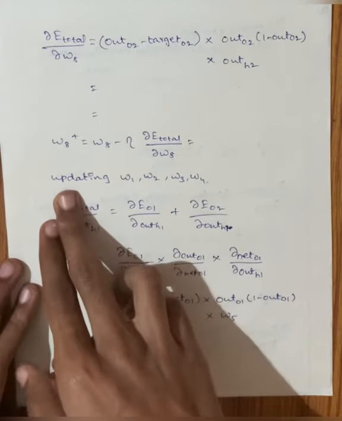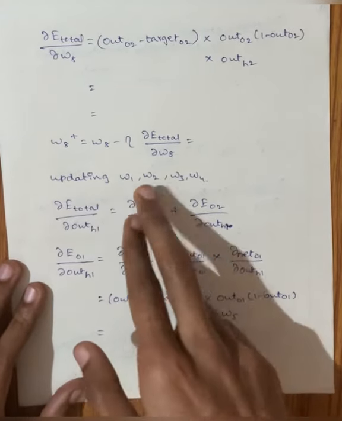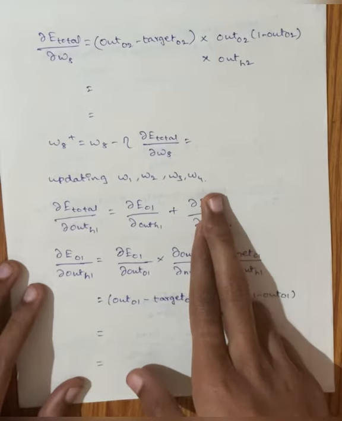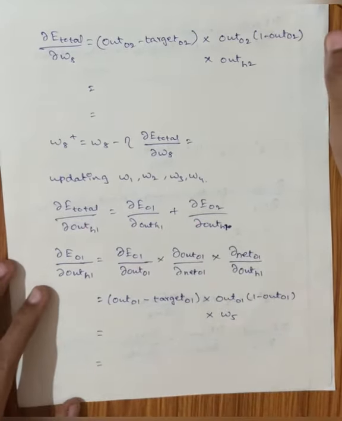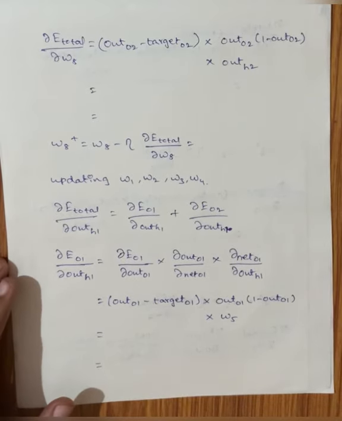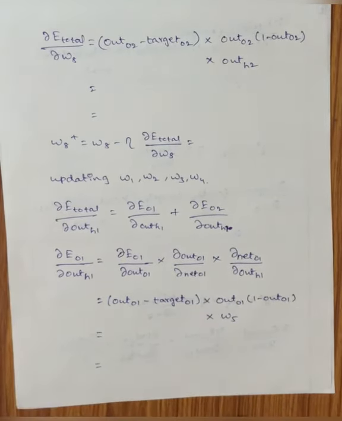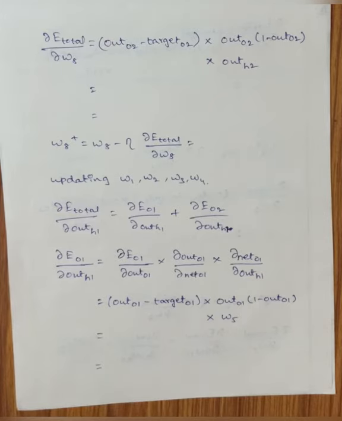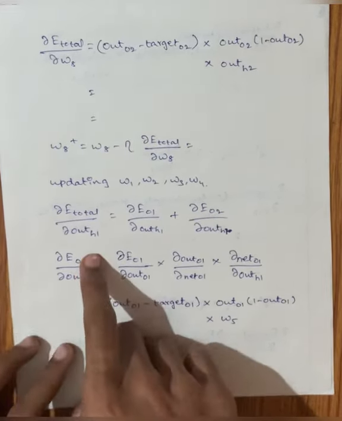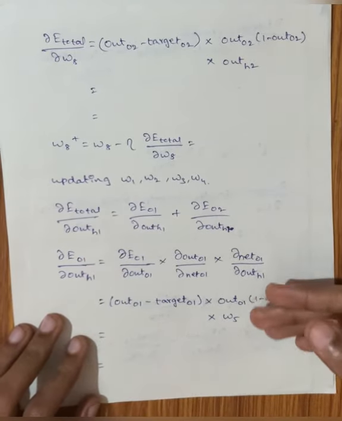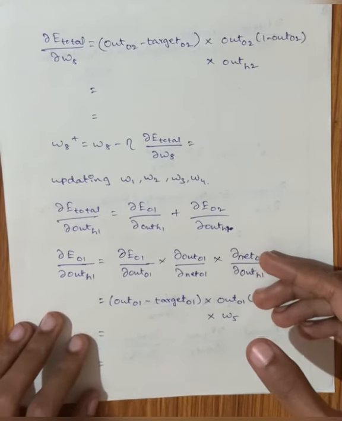In the next part we are finding the values of W1, W2, W3, W4. Initially we found the weights 5, 6, 7, 8, which are in between the hidden layer and output layer. Now 1, 2, 3, 4 are in between the input layer and hidden layer, as we saw in the question which I mentioned initially. So for that we have to derive other formulas to get the updated weights.